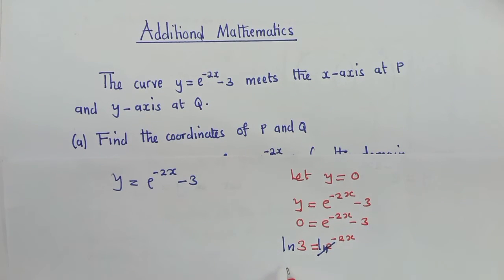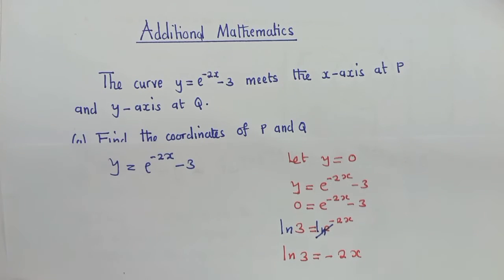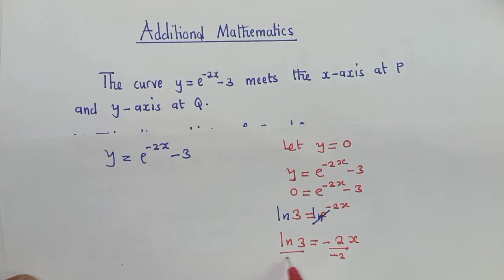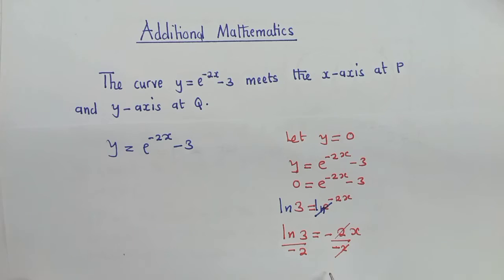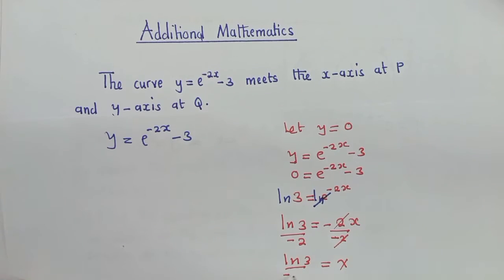We will remain with ln 3 is equal to negative 2x. So to solve for x, we divide by negative 2, divide by negative 2. This and this will cancel. So the x value here will be ln 3 over negative 2,